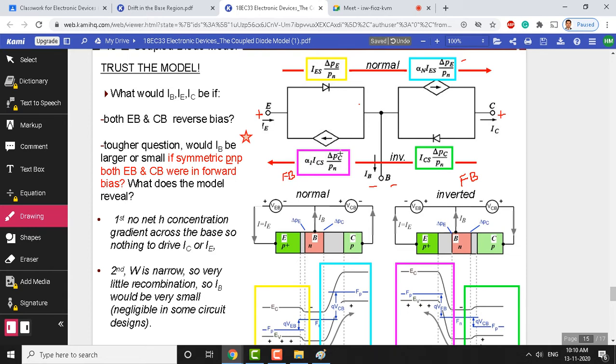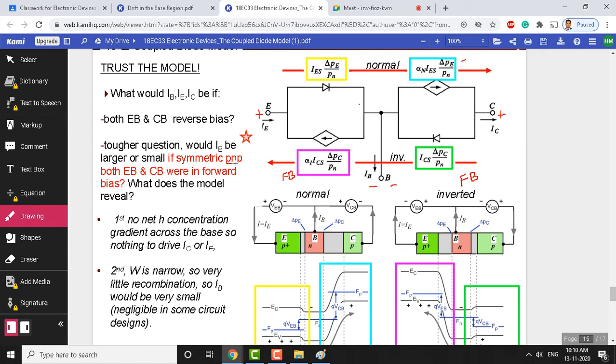Now, what Karthik said is the usual answer we get. We think that when we forward bias it, we get lots of current from emitter to the base and collector to the base, and in my opinion that is not a correct answer. If that were the condition, when we forward bias both junctions, the base must be heavily doped to tolerate that many charge carriers, but in reality the base is lightly doped. So the base doesn't have that many charge carriers to recombine the amount of charge carriers emitting from the emitter and the collector. So the base current is not sufficient for that.